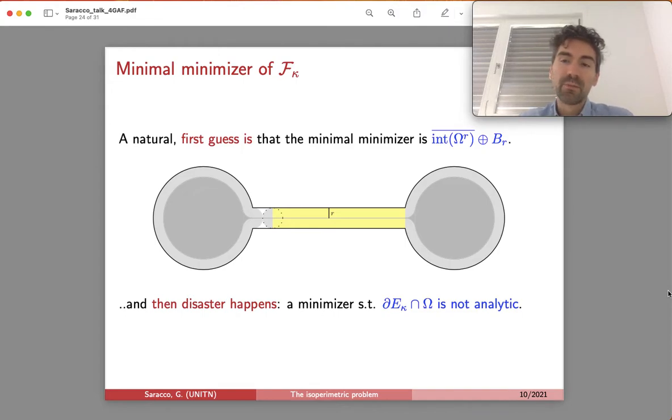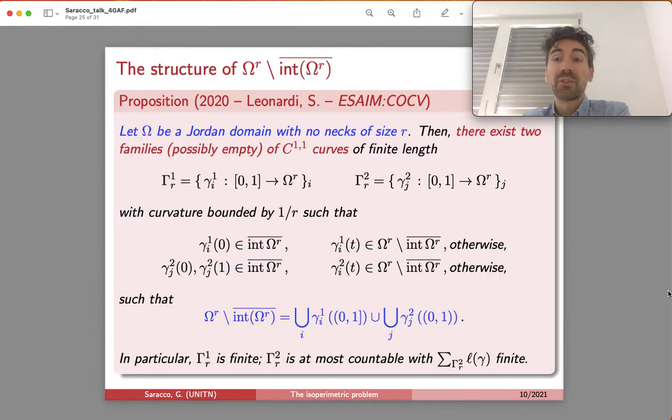So what we did was to go back to the blackboard, and we studied the structure of the set difference: the inner parallel set at distance r minus the closure of its interior, okay? So we set omega to be a Jordan domain with non-exotic size r, and what we proved is that basically only two different things can happen. So you have two families of smooth C^{1,1} curves with a bound on the curvature,